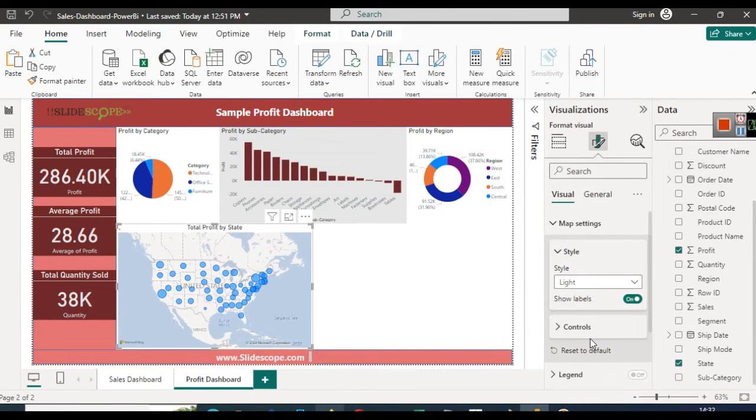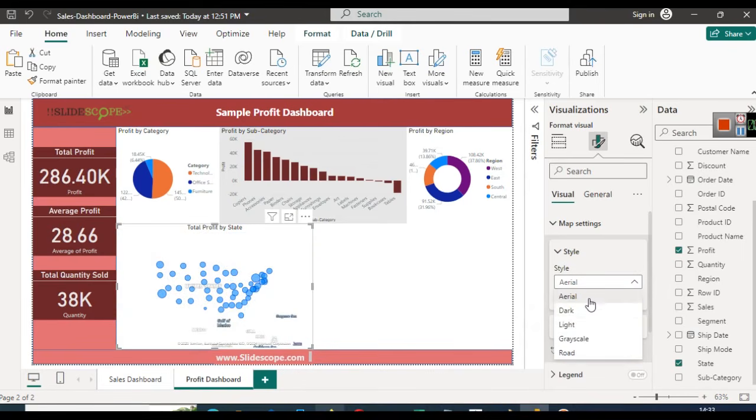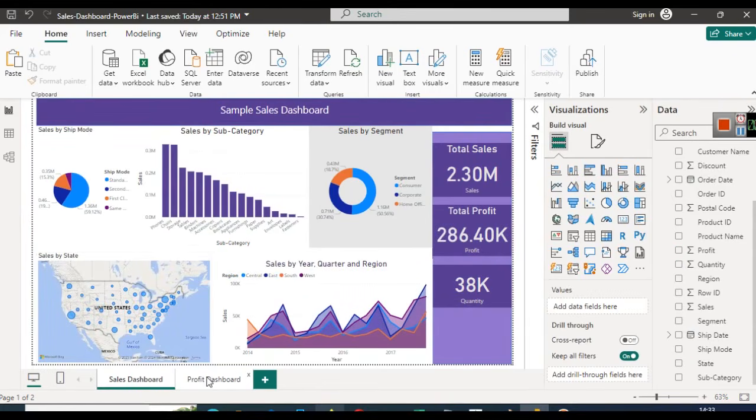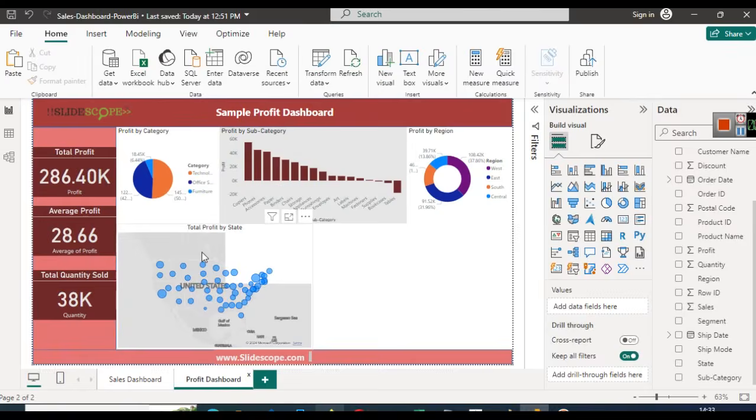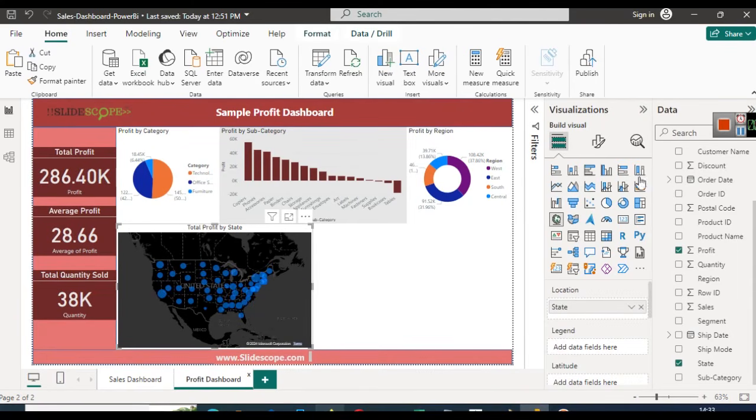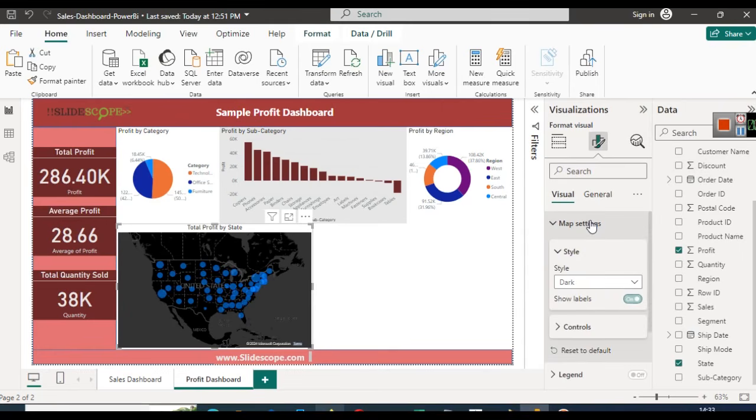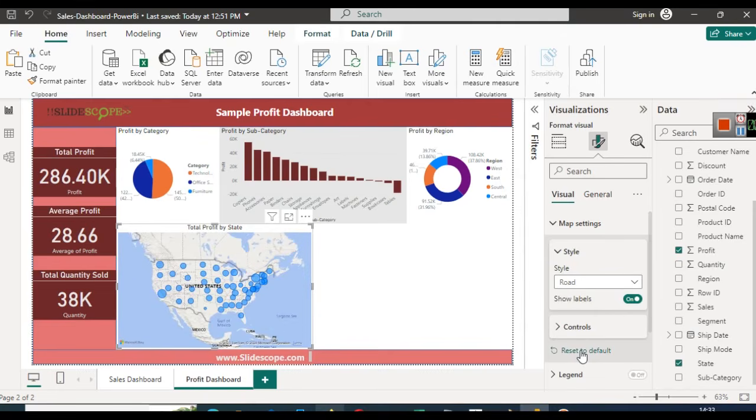So when you click grayscale, you can see road, aerial. Aerial is somehow not coming. In your case it will appear, and we have dark. In dark it shows a darker shade. Maybe because of network connectivity, yeah, it is coming. These settings will be according to your requirements. So I want to select the road style which I like,